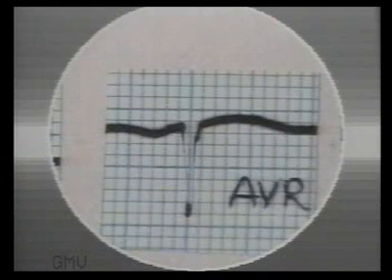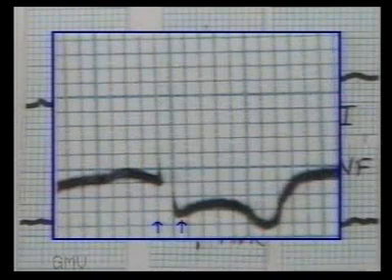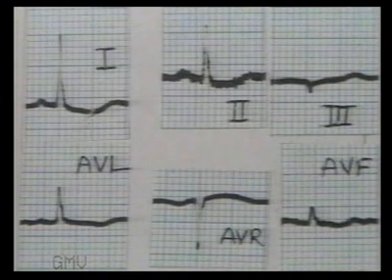In this ECG number 1, first see lead AVR. AVR shows negative waves, so lead placement is correct. Lead 2 shows normal P wave. PR interval is 4 millimeters, which is normal. Now coming to QRS complexes, QRS duration is 2 millimeters, which is normal. Then lead 1 shows positive QRS and lead 3 shows negative QRS, so left axis deviation is present.